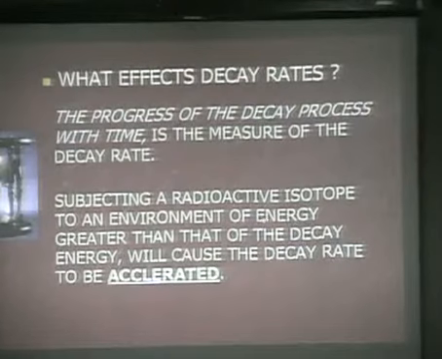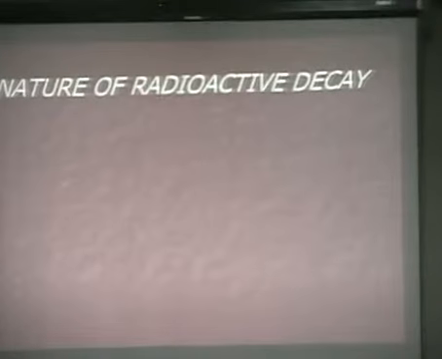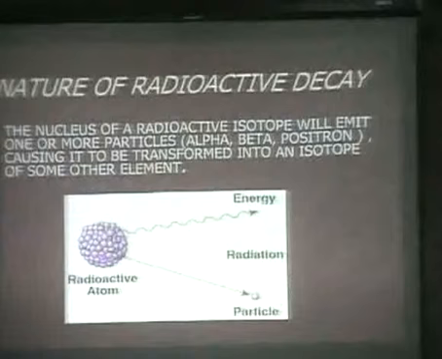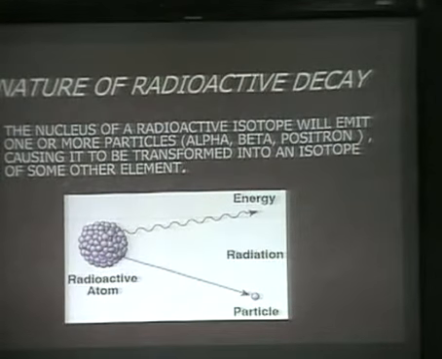Selecting a radioactive isotope, if we subject it to an environment where there's an extensive amount of energy, enough to interact with the energy in the nucleus of the atom, then it will cause the decay rate to be accelerated. Now we're talking about a lot of energy, an enormous amount of energy, but the question is, is it possible for that to happen? Okay, well, in the process, as we discuss it, the nucleus of the radioactive isotope will emit